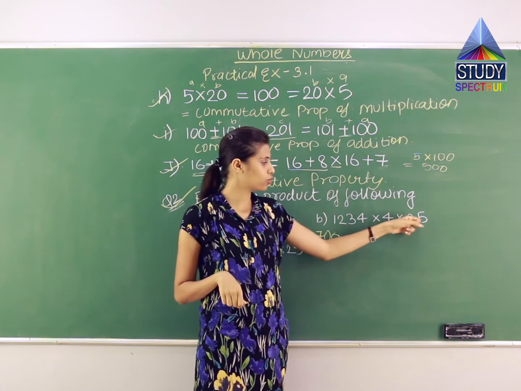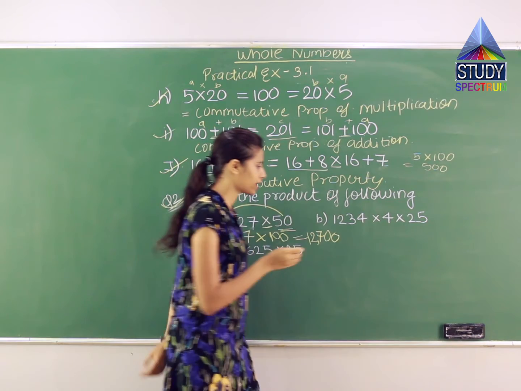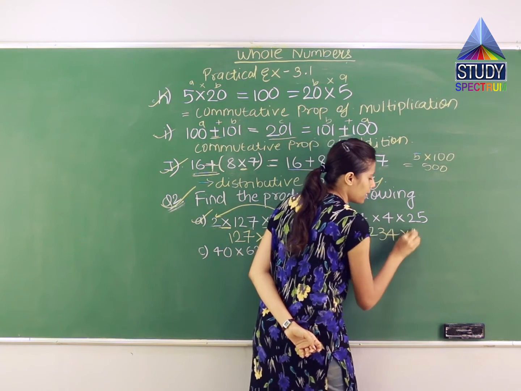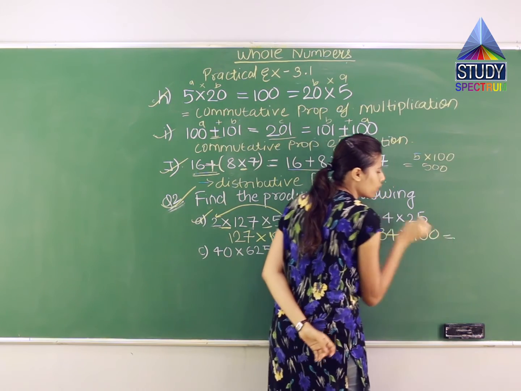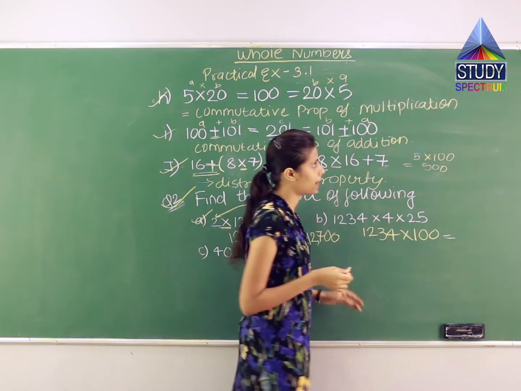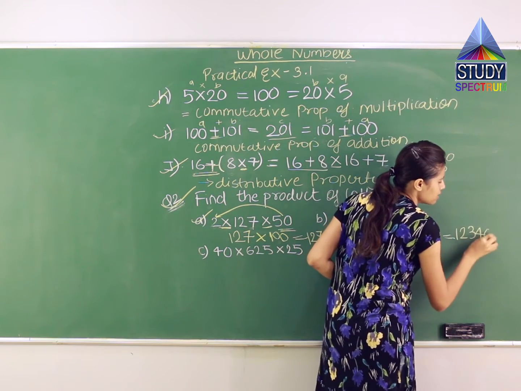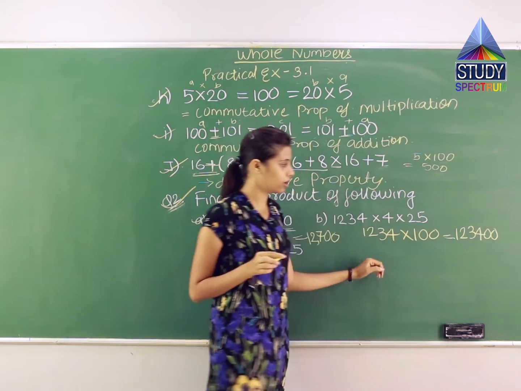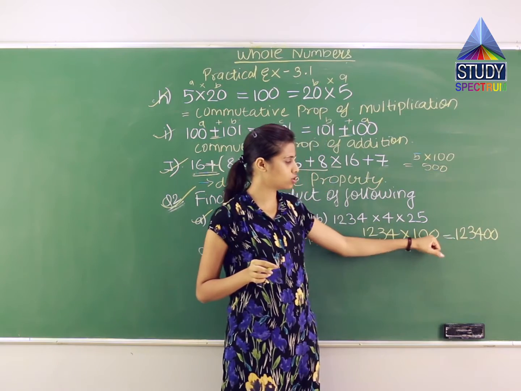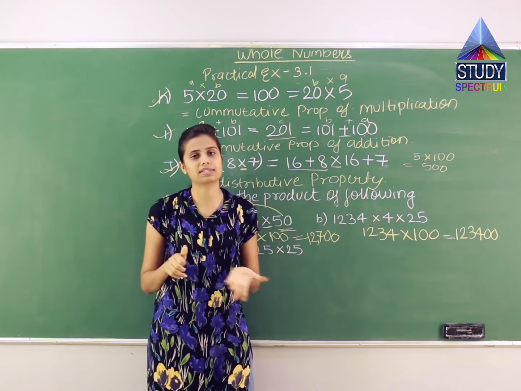So similarly over here, 25 into 4, I know it is 100, right? 25 table is easy. So I can say that it is 1, 2, 3, 4 multiplied by 100. So what is the answer for this? 1, 2, 3, 4 multiplied by 100. The answer will be 1, 2, 3, 4 and 0, 0. How did I get this 0, 0? Simply, I wrote these 1, 2, 3, 4 as it is, and these 0, 0 of 100 I wrote after it. So I got the answer in simple steps, right?